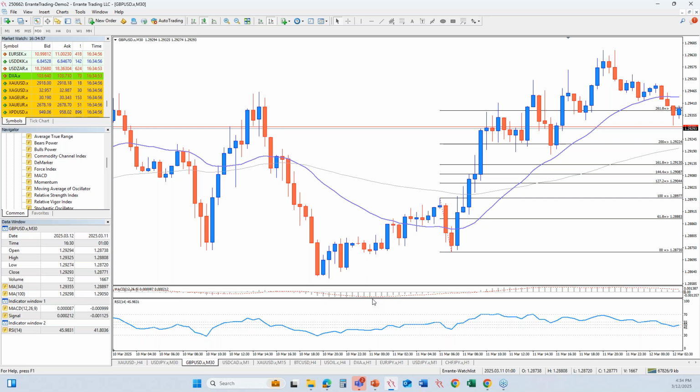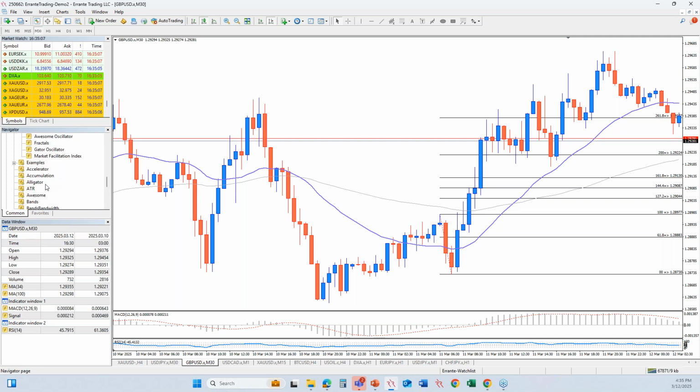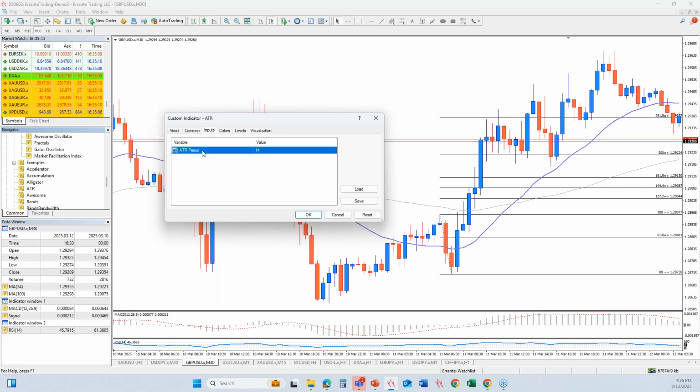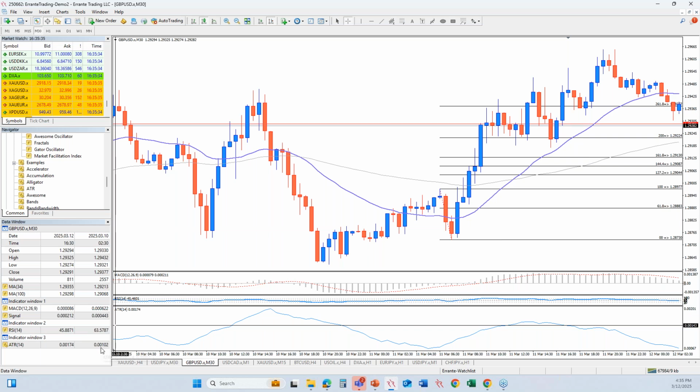And from here, how can we use the ATR? Easily, you can just get the ATR from here. Let me find it. Okay, it has a period of 14 by default. It means it's going to include 14 previous candles in the calculation to get, let's say, the average volatility of the market. And what does it tell us? For example, you see in my data window, the ATR